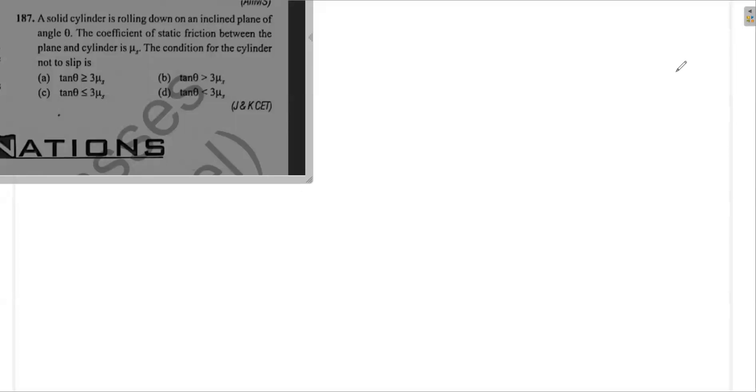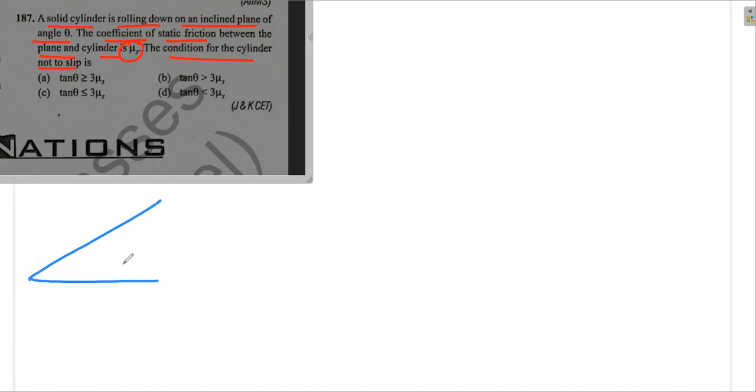Okay, the next question posted in the group is: a solid cylinder is rolling down an inclined plane of angle theta. The coefficient of static friction between the plane and the cylinder is mu s. Find the condition for the cylinder not to slip. Important: condition not to slip means that,